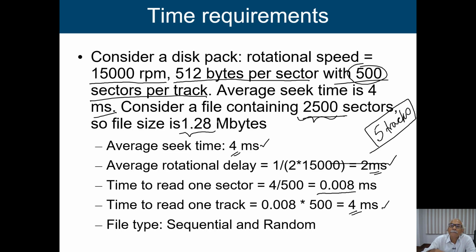Now here, how are we going to store it? The stored file type has two different types. One is sequential and the second one is random. Now in case of sequential, what will happen? One after another we are storing it. So that means if I know the address of the first sector, then the next information will be stored in the next sector, near to it. But in case of random, our system allots sectors randomly, and it is going to place the information on those particular sectors.